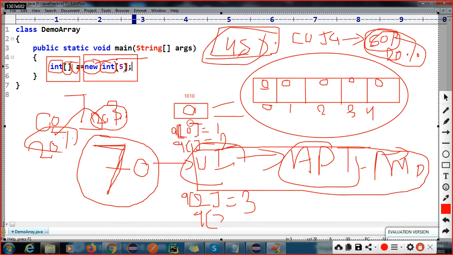Only when you write these brackets will the JVM and compiler understand this is a 1D array. So you have to access it like that.